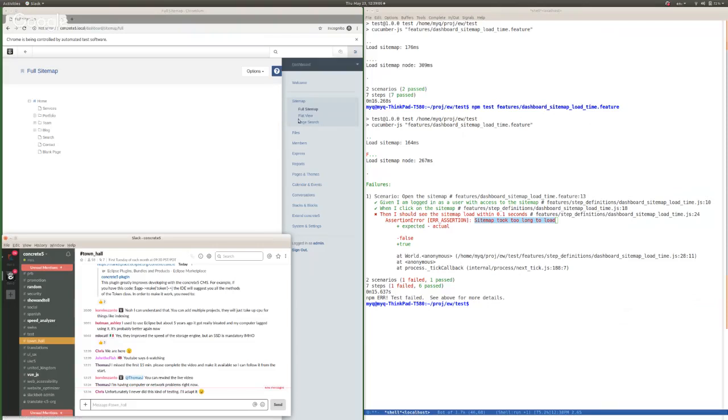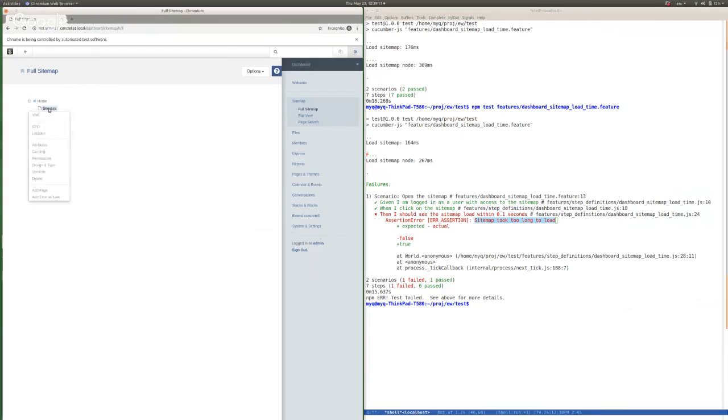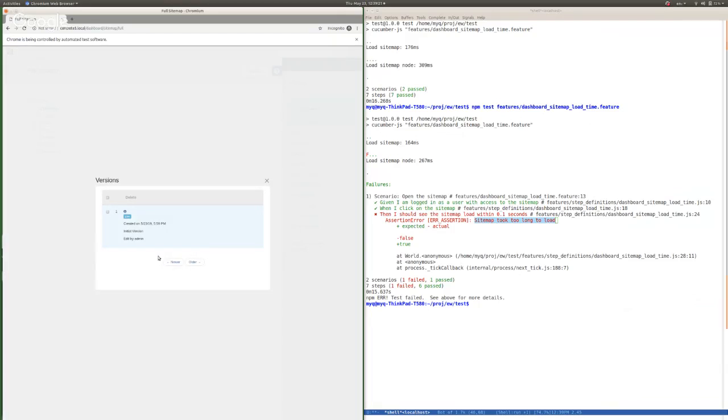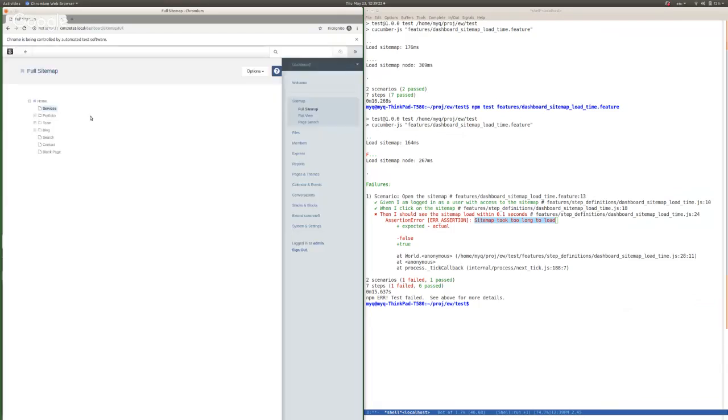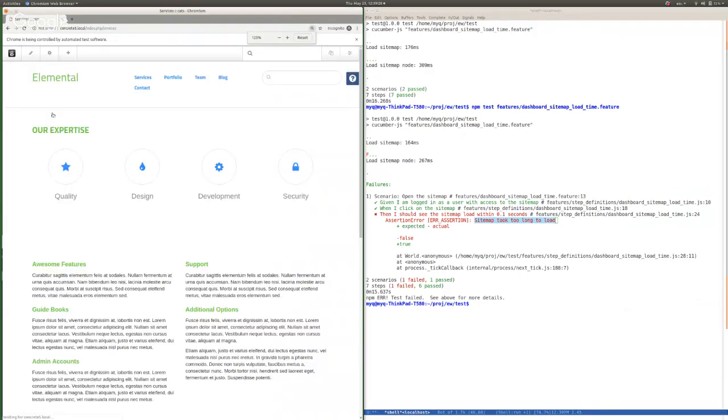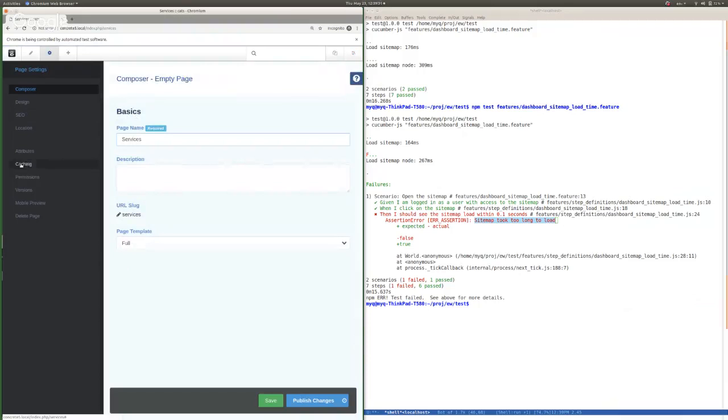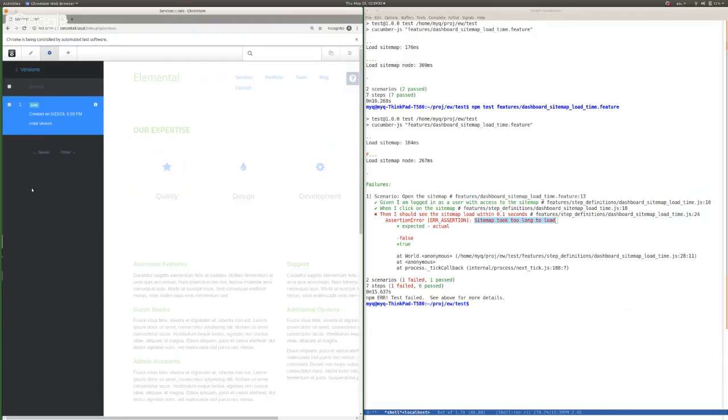I know, like recently, in one of the latest versions, there's a new problem which I don't think anyone noticed, and probably might not notice. But if you go to the versions of a page, oh, you can't do it from here. If you visit a page and you click on the versions, and there won't be any here because this is a fresh install, but let's